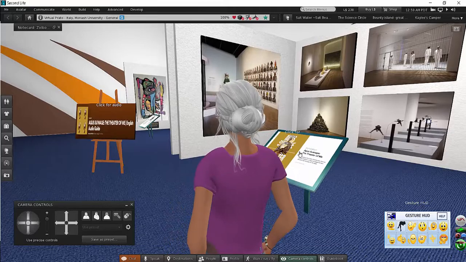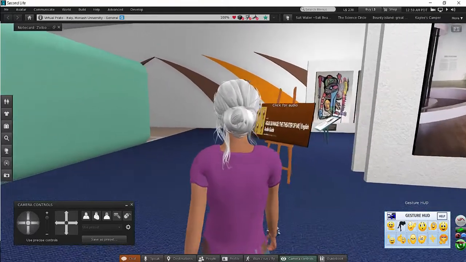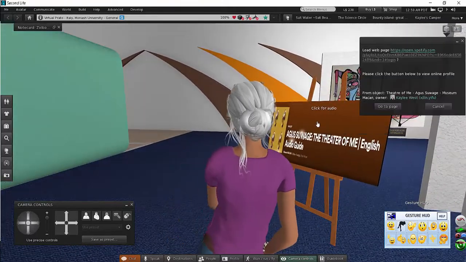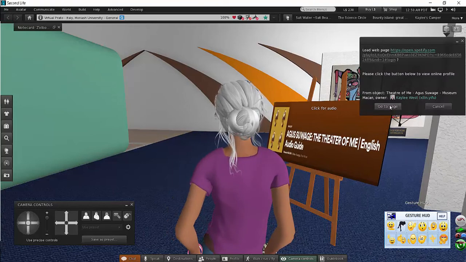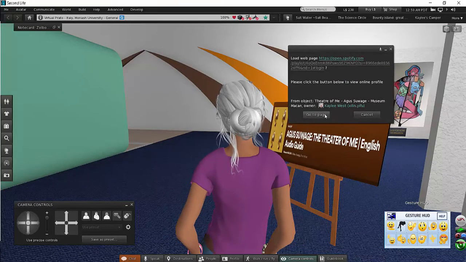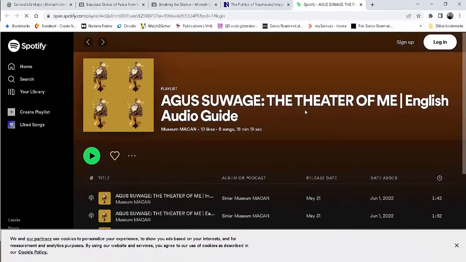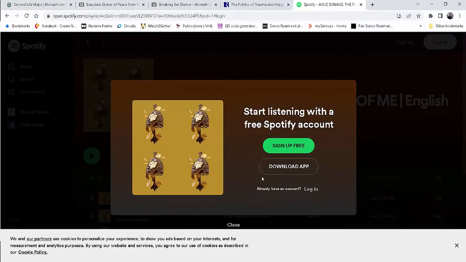You can click for a bio on the sign. In the case of this exhibitor, you can actually click for audio. So again, you get a go to page pop-up message here. So if we go to page, it's on Spotify. You may have to log in, I'm not sure. But anyhow, once you get to the page, you can click the normal. Okay, so we need to log in. I won't log in now. You can sign up for free. If you have the app on your computer, you can do that. If you have an account already, you can just log in and you will be able to hear the